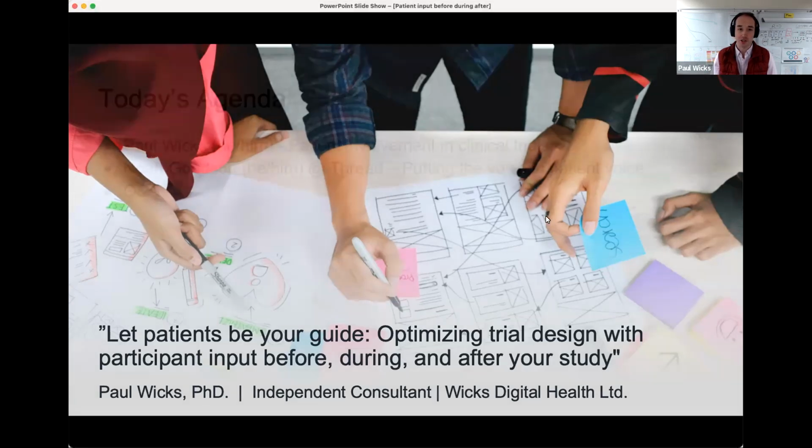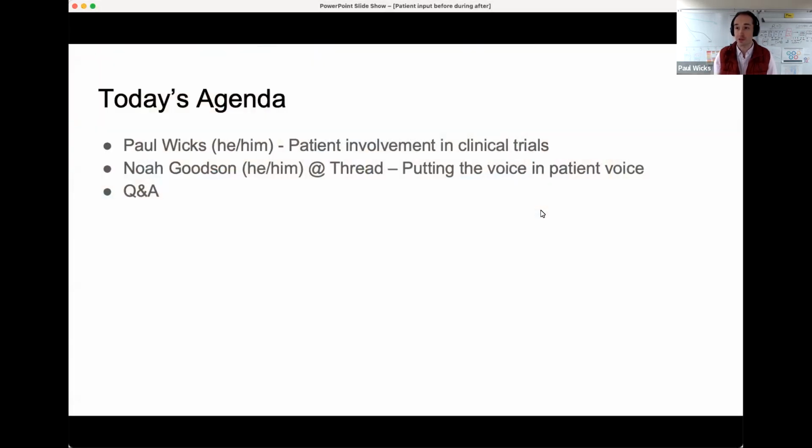So in terms of the structure for today, I'm going to give an overview of maybe where the field has been and give you some frameworks to think about as we go through. I'm going to try and give some worked examples and some resources that you could look to if you were trying to incorporate this type of work in your own practice, and then close with a couple of ideas for